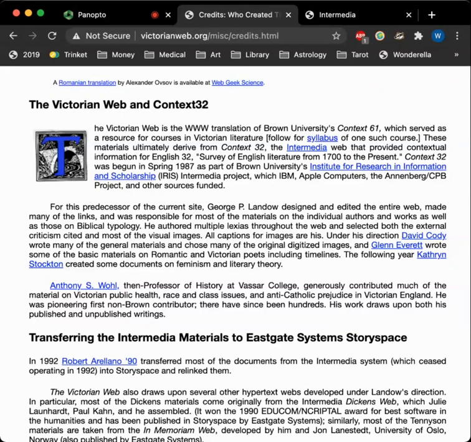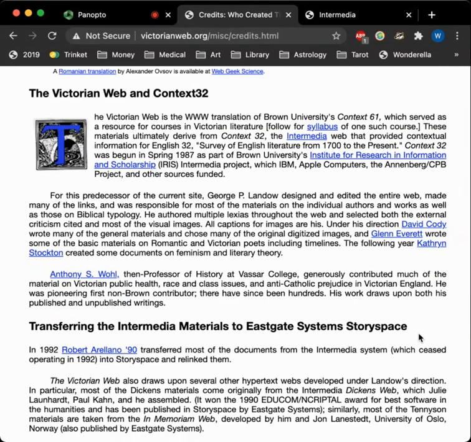And in 1993, David Stenson arranged the materials and built a sitemap, so Victorian Web gained most of the structure that it has today. And by 1995, when it was ported to HTML, it already had well over 1,000 links and over 3 gigabytes worth of scholar and student submitted materials. And so every link had to be recoded into HTML by hand by Landau.